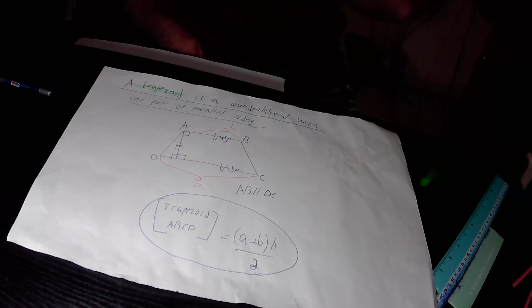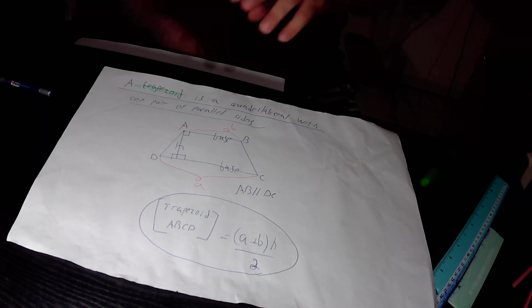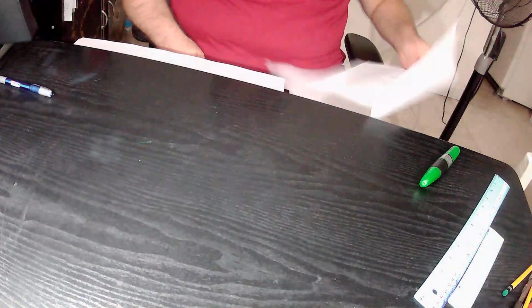So a trapezoid is a quadrilateral with one pair of parallel sides, and the area of a trapezoid is equal to the sum of its two parallel bases times the height over 2. And the height must be at 90 degrees to the two bases. Okay, so